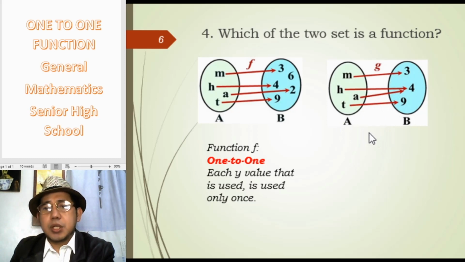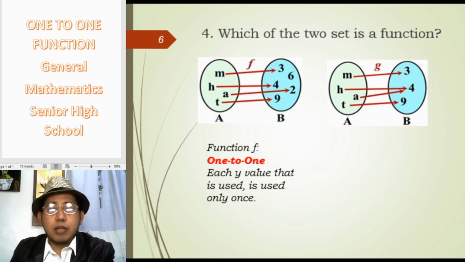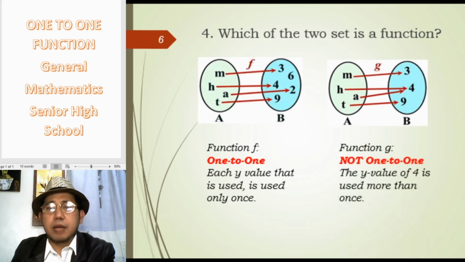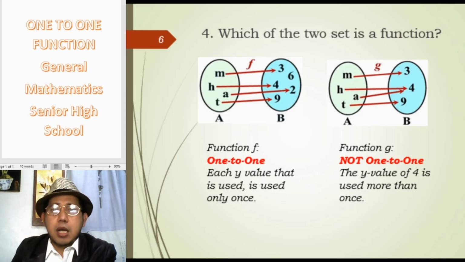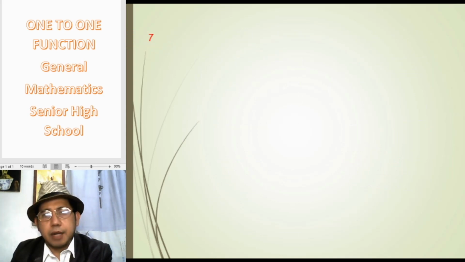You will notice that the value of the range 4 is assigned to more than 1, which is H and A, meaning it is not a one-to-one function. The y value of 4 is used more than once, so it is not a one-to-one function. To further understand the one-to-one function, now